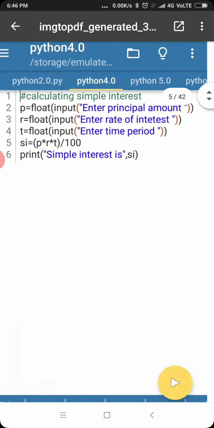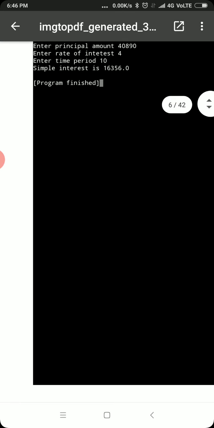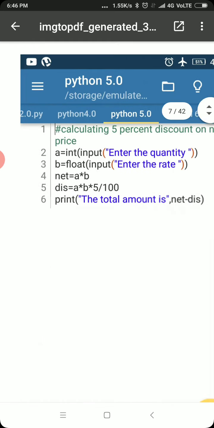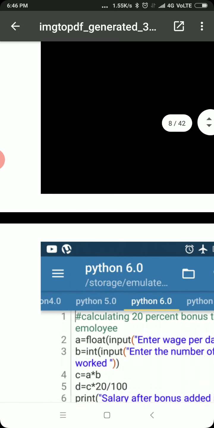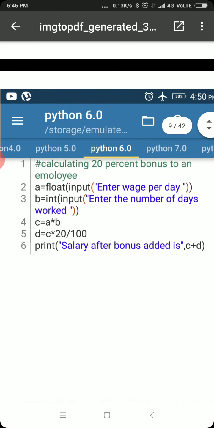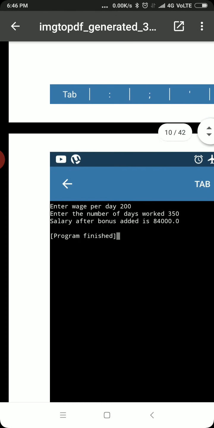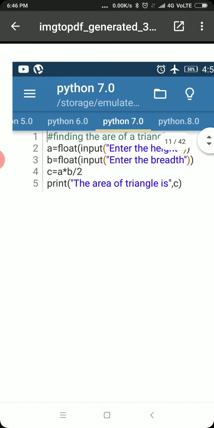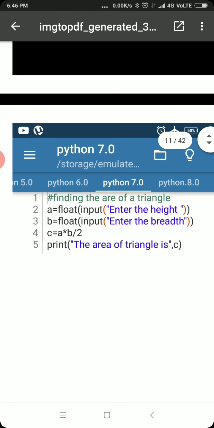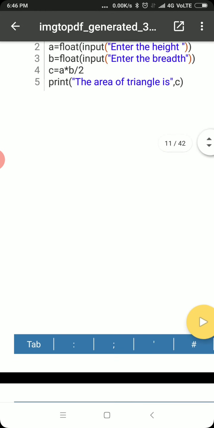They have made one PDF. In a doc you can just copy paste, and afterwards you can make a PDF and share, or you can share the document only. So these are all the programs which have been executed on mobile and then shared.